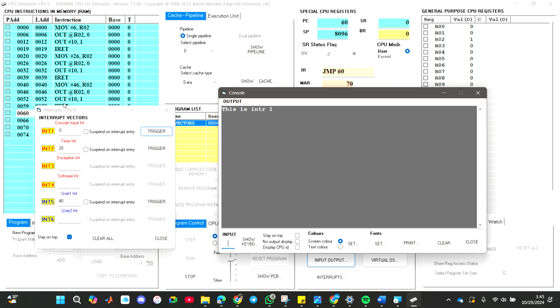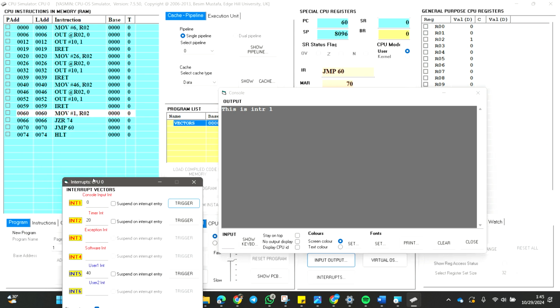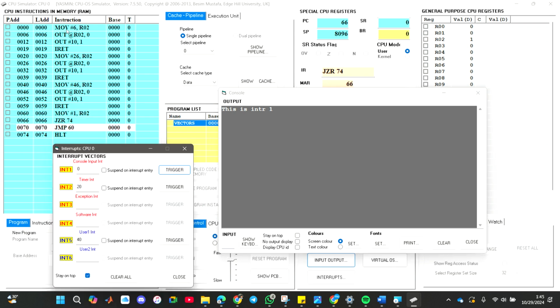Here we are: move 6, and then output the data, and the interrupt returns to the main program. That's why R2 changed into the value of 6 for a while because of that. And then we trigger interrupt 2,